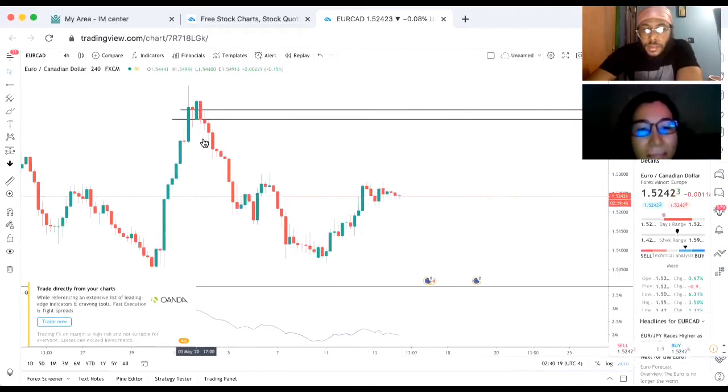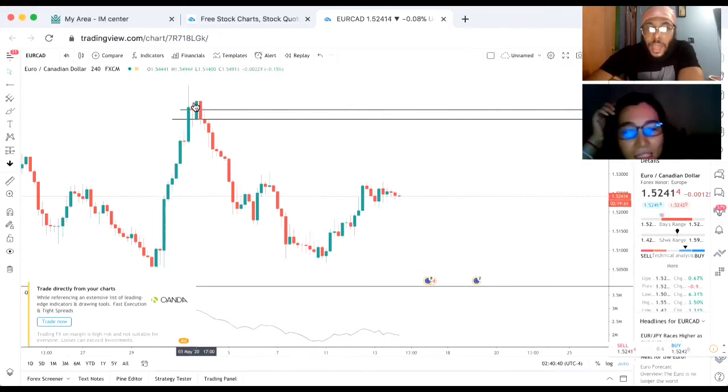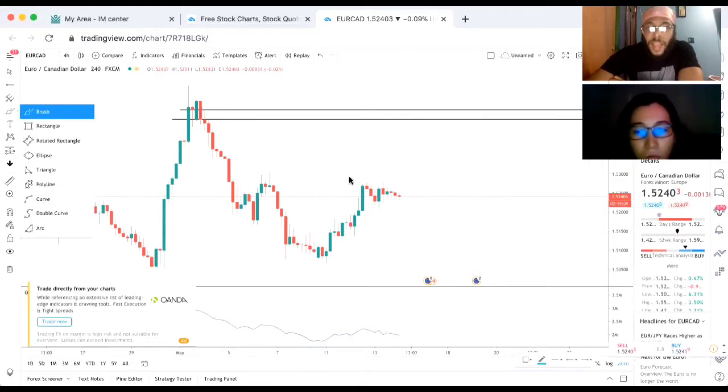Does that make sense? Yeah, but like why should it be there? Because this is the point of interest at the top. So for sells, we look at the point of interest at the top. For buys, we look at the point of interest at the bottom. So it's going to go up, touch that, and go down again. Exactly.